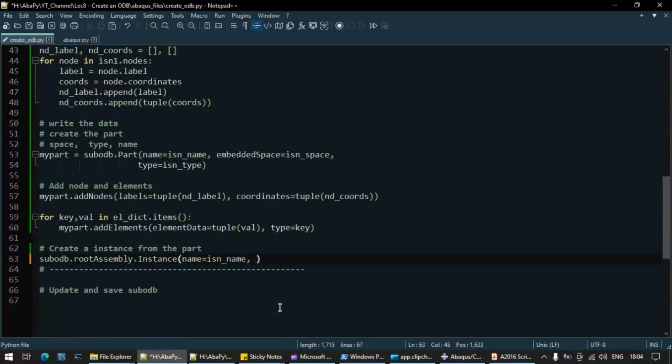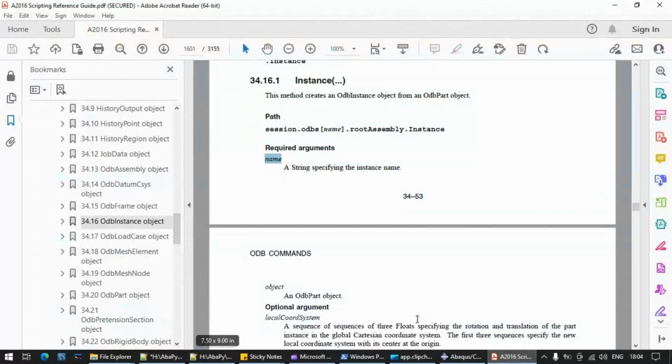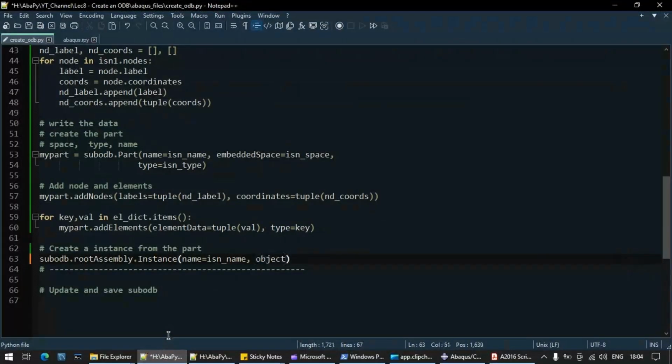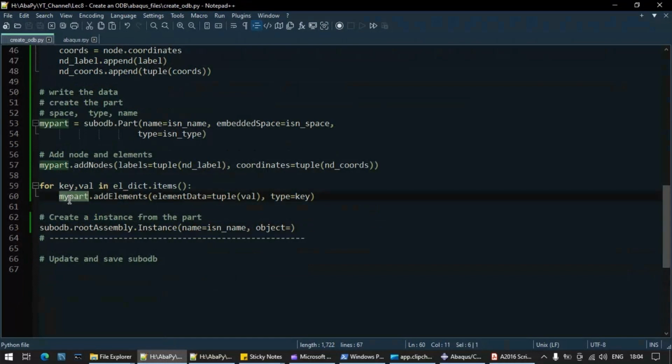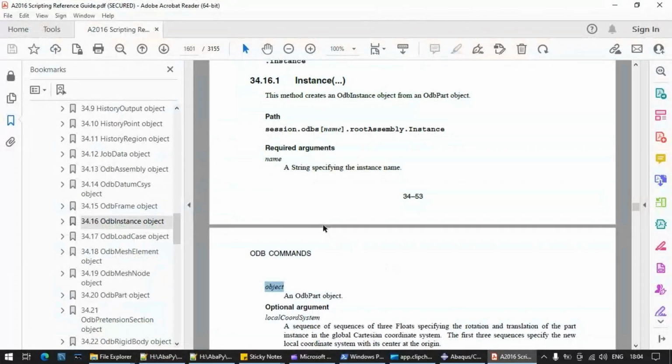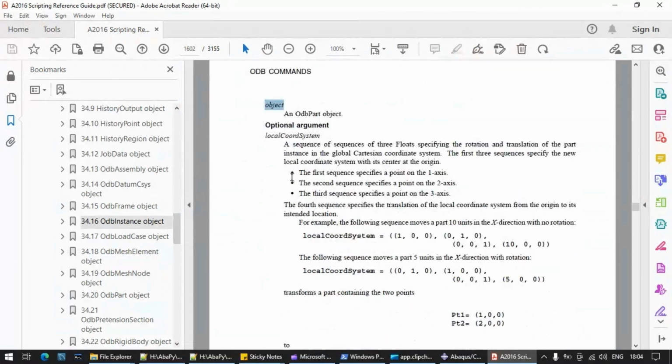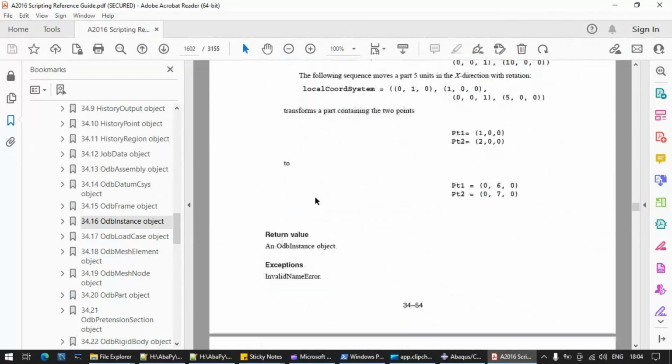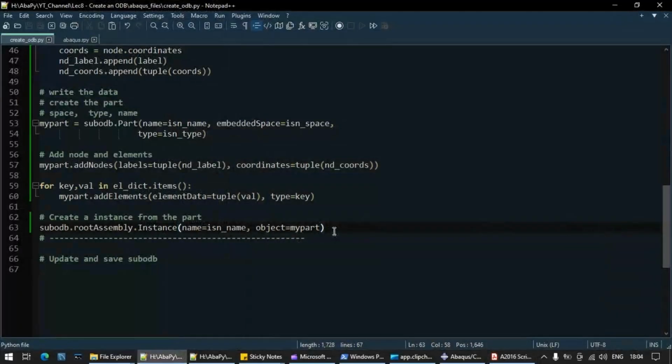Okay, then the second information it requires is object. Object is what? Part, obviously. From the part only we are creating the instance, right? Okay, so local coordinate system, there is no local coordinate system. Okay, now execute this one as well.